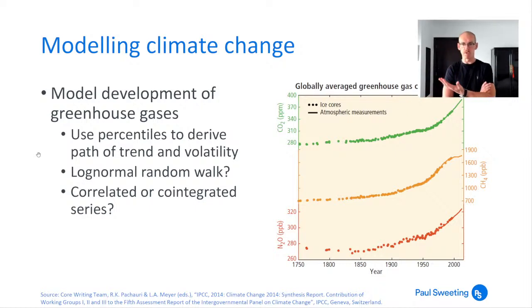So you might want to have a log normal random walk to prevent the possibility of negative greenhouse gas concentrations. Of course, log normal random walk allows them to go to infinity, and there's a limited amount of carbon in the world, so that's also improbable. But I don't think we'd reach that in any of the scenarios. So log normal random walk.